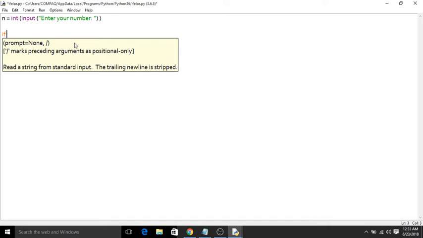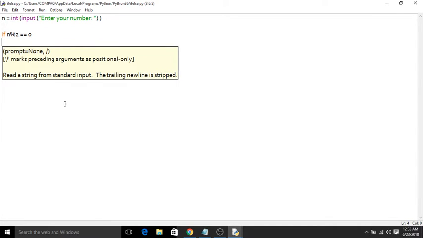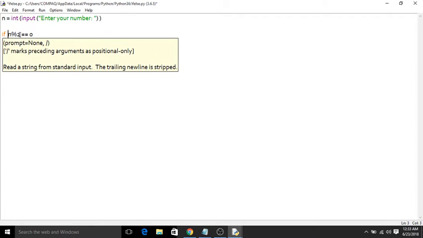Now we know that a number is even if it is divided by 2 and gives 0 as the remainder, right? So we will simply write n modulus 2 equals equals 0, not the assignment operator in this case. If this is the case, then